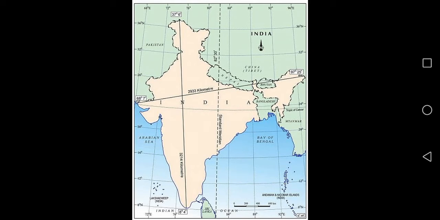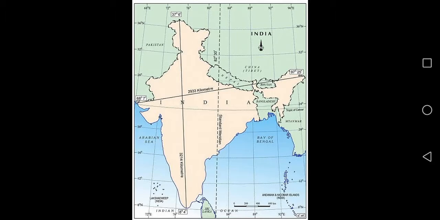Other lines you are watching here show the length and width of our country. The slightly tilted line towards the northern part shows the width, and it is more than 2000, and further its length is more than 3000 kilometers. So all these latitudes, longitudes, hemispheres, oceans, seas tell about the location of our country.